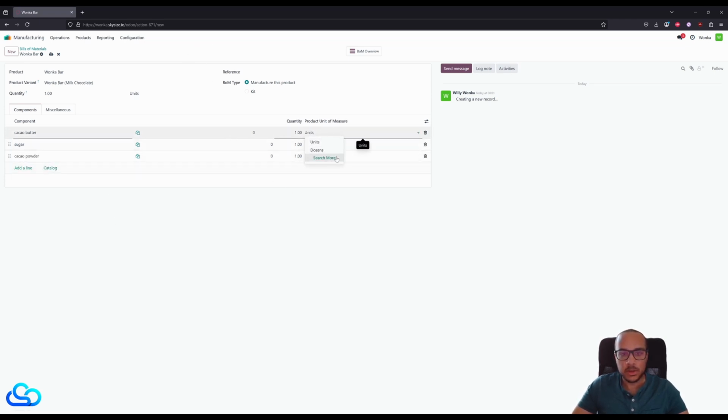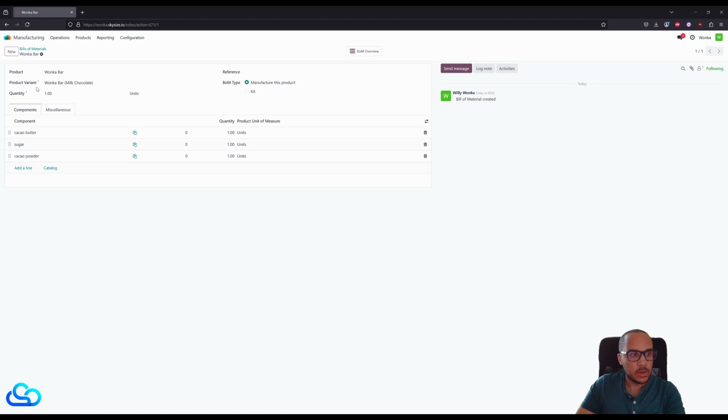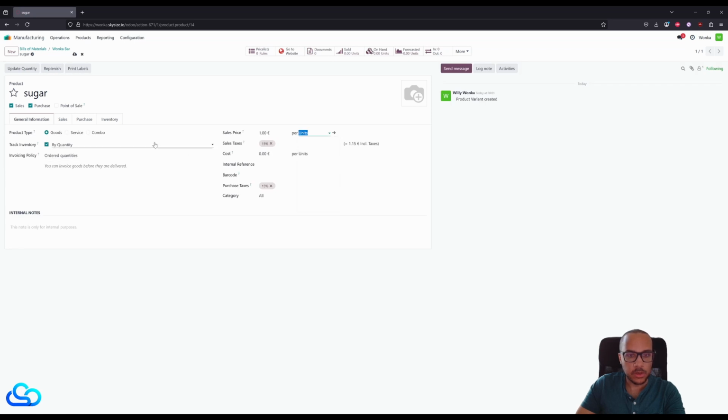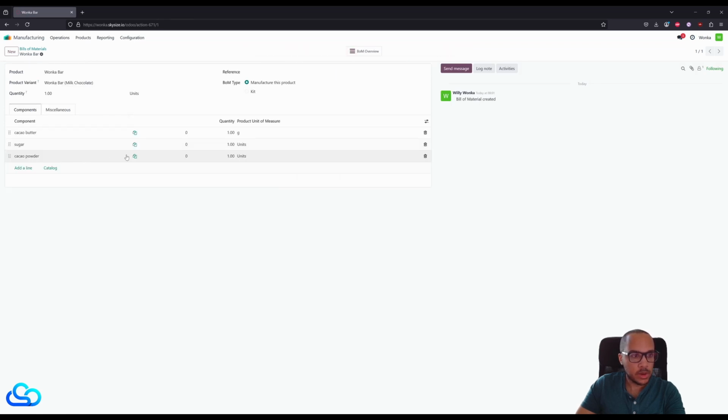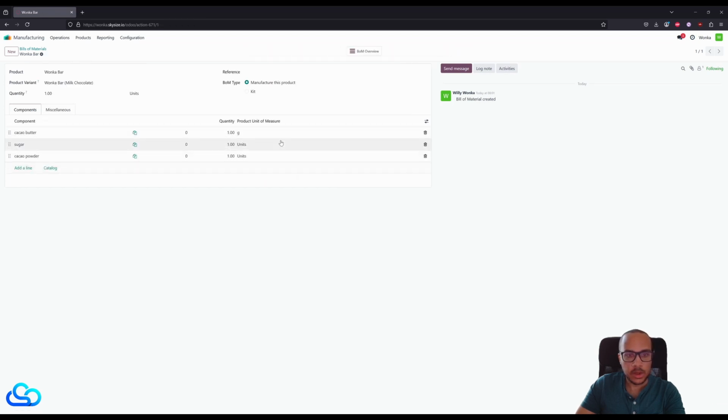And so here, we're talking about different units. So we go here, we have to change the unit of measure. So we have to change the unit to be per gram. There you go. We go back to the Wonka bar here. Everything will be per gram. So we go to sugar, change also per gram, go back here, we change this per gram,